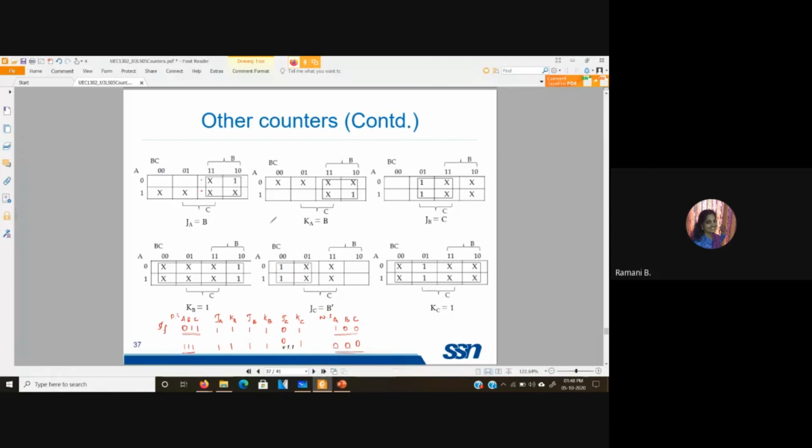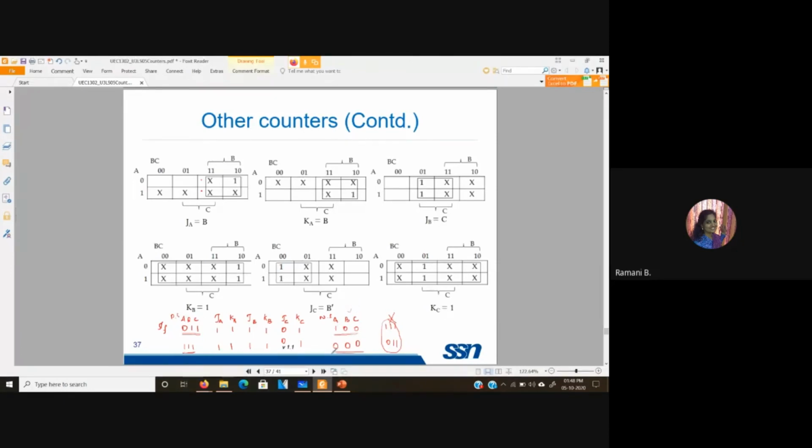If suppose this is 0 1 1 and the next state is 1 1 1, and if I get for 1 1 1 the next state to be 0 1 1, in that case it actually continues to go between 3 and 7. It will not get back to the used state condition. However, here this particular counter is actually going through a used state.